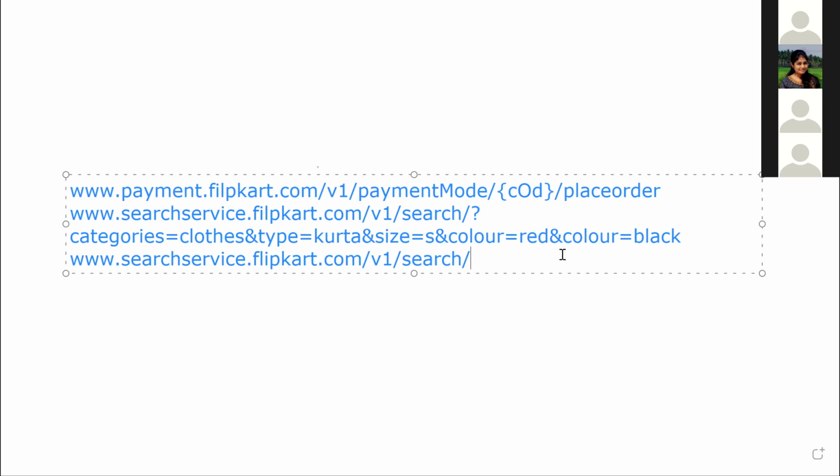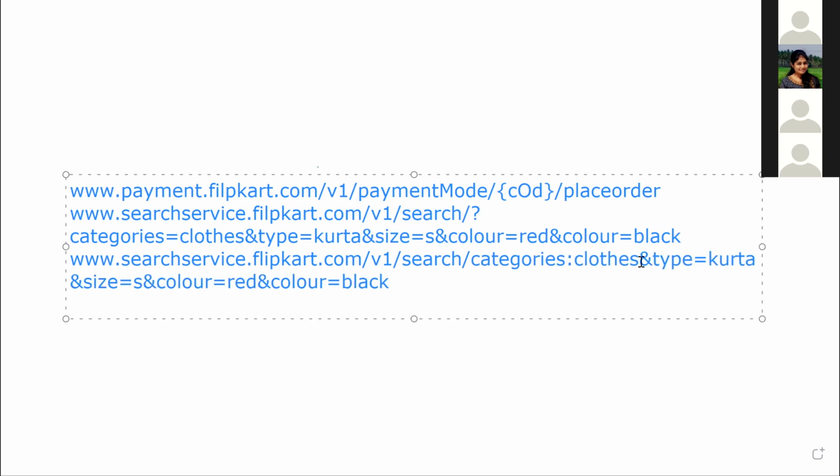So let me make it this way. In case of matrix parameter, you don't have ampersand separation. You will have the slash itself as the separation, because it is choosing at this level itself. Then only it is going to the next level of filter. Okay, so you can use this. And actually it is separated by colon.